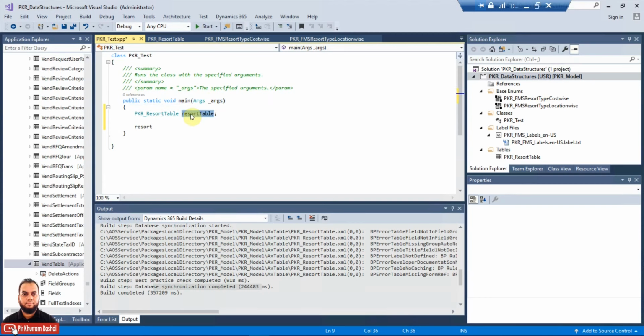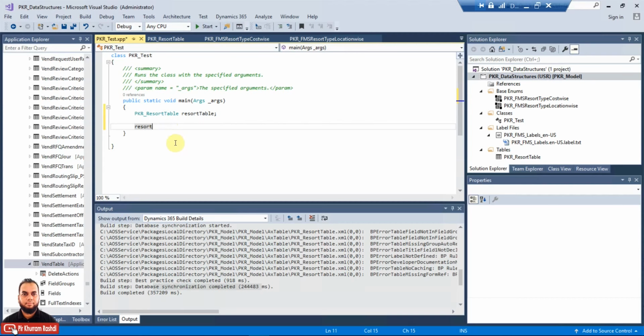And whenever you declare a variable inside a class, or inside a method of a class, or inside a method of a table, then that variable should be camel case. Camel case is when the first word is in small letters, and the next words in that phrase or variable have an initial capital letter. That is called camel case, and it needs to be followed as per best practice, and you can see in the existing code the same conventions are followed by Microsoft also.